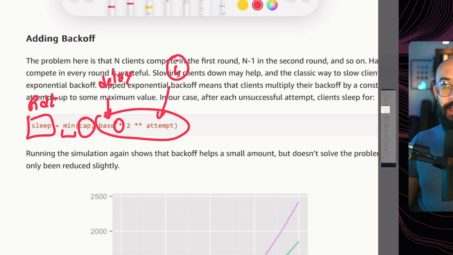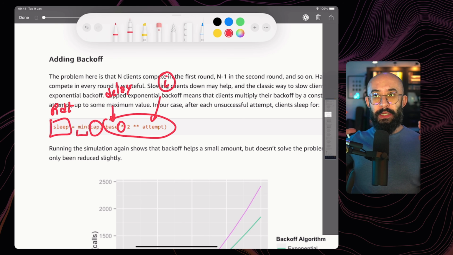If you want the initial ramp up to be slower, you would use a summation. If you want it to be bigger, you would use a multiplication. But it doesn't really matter. You're gonna get sort of the same outcome towards the end. But play around with these formulas and see what you get.